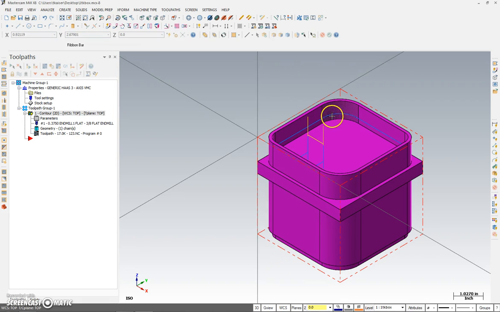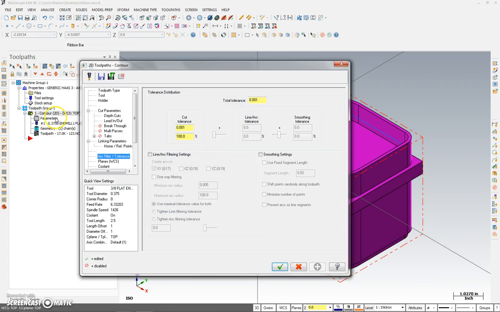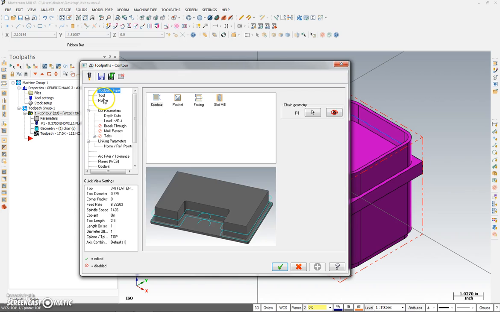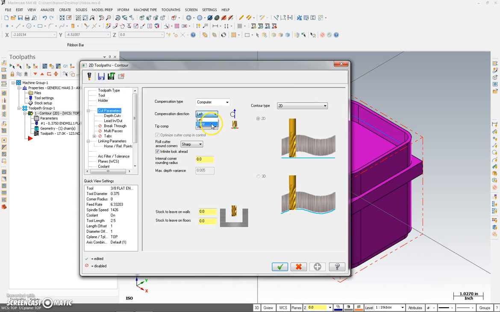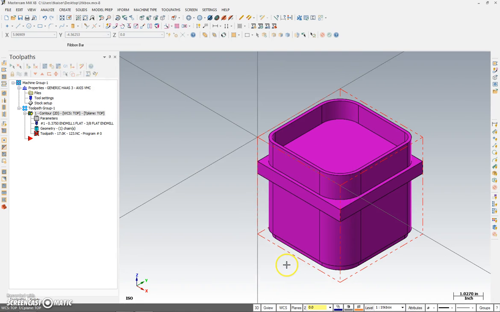Now, it just cut on the inside, that blue line, so we know we're in the wrong place. Let's go back to parameters, toolpath type, tool, cut parameters. Change this to right. Check mark. Alright, then come over here, select all, regenerate,